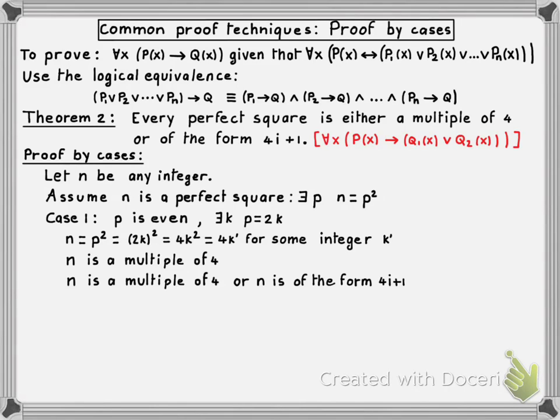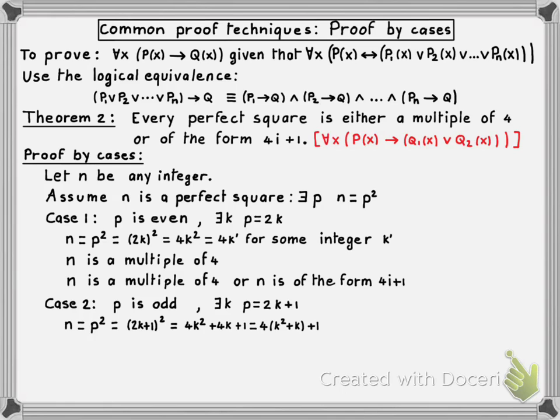Let's now complete the subproof for case 2, which will be very similar. Remember, in case 2, we assume that p is odd, which means there must exist an integer k such that p is equal to 2 times k plus 1. From that, we can conclude that n, which is equal to p squared, is equal to (2k plus 1) squared, which, when we multiply that out, we get 4k squared plus 4k plus 1,